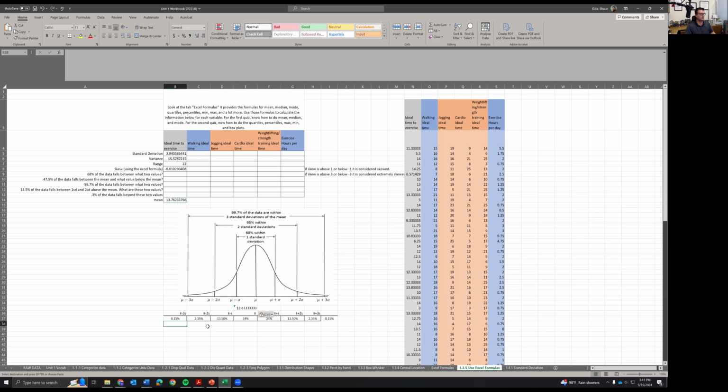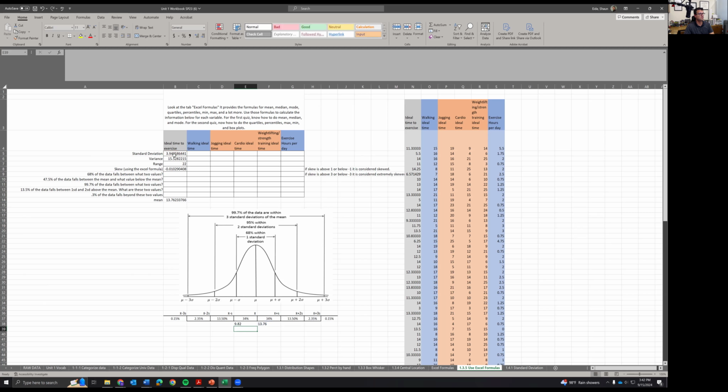And just to make life a lot easier, Home, Left, let's do this, Control C. Oops, Control C, paste the values. There we go. Because when I copied and pasted it, I forgot that it's pasting the formula. And we're going to make it go to the left. There we go. So now, hey, 13.6 is the mean, and then we're going to do equals 13.6 minus